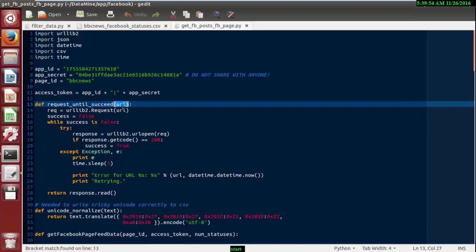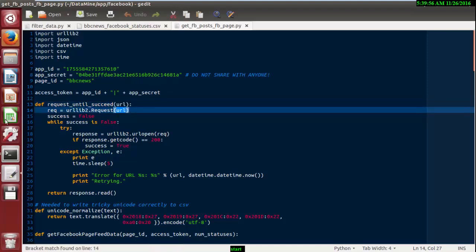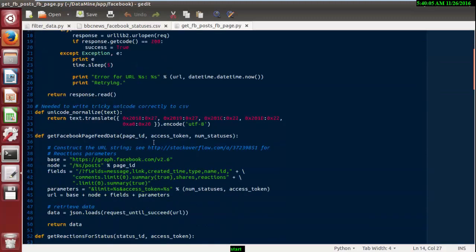Here the URL is being fed, and corresponding to this function you will get the response time and success time. If you want to unicode the data, then this is the tricky definition you will need.